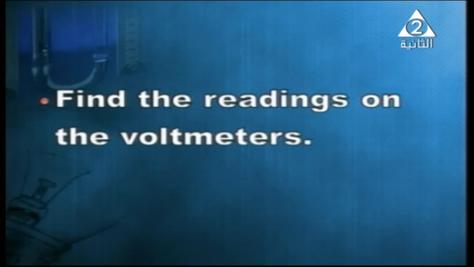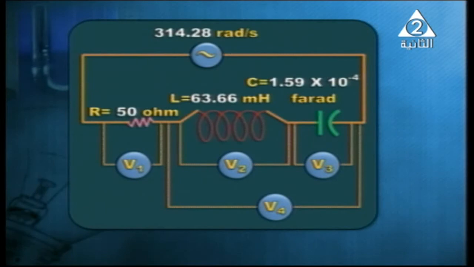Another problem. We want you to find the readings on the voltmeters in the circuit shown in front of you. We want you to find V1, V2, V3, and V4. What we've got here is an AC circuit. Omega is given to be equal to